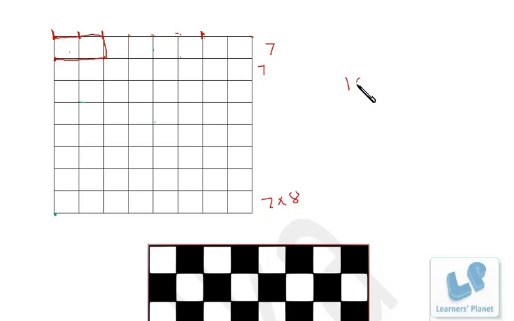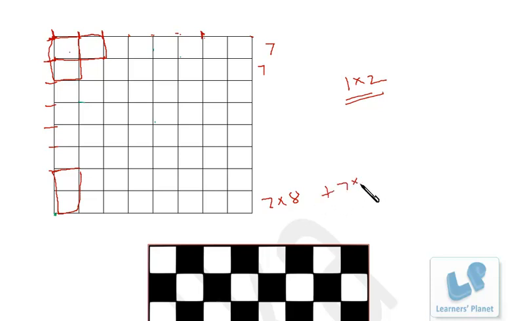Similarly, since we are interested in dimensions 1 into 2, we'll be getting rectangles like this also, right? This is 1, starting over here, then here 3, 4, 5, 6 and 7, right? The last rectangle will be this. Okay. So per column also we'll be getting 7 rectangles. So once again 8 columns are there.